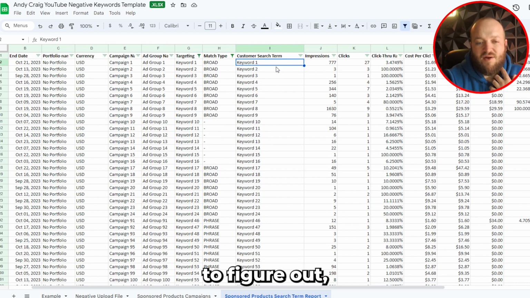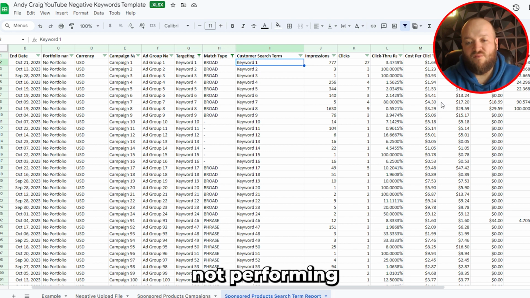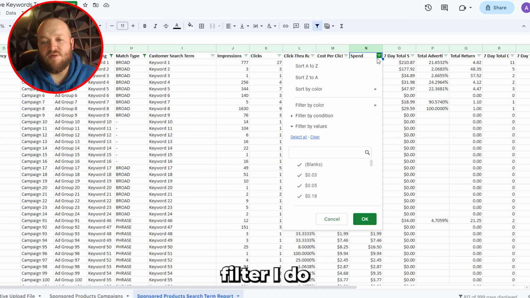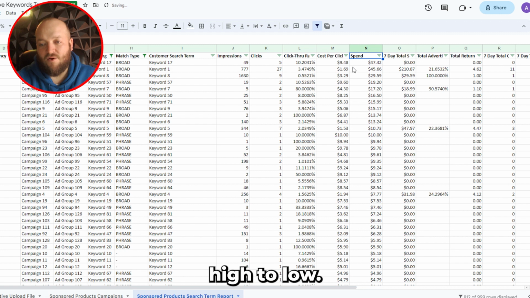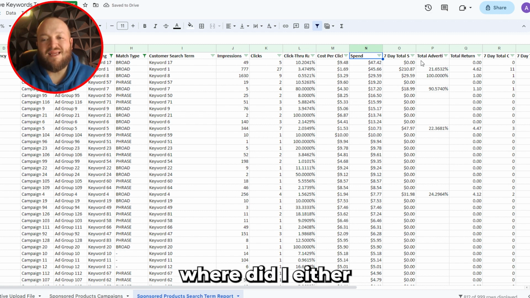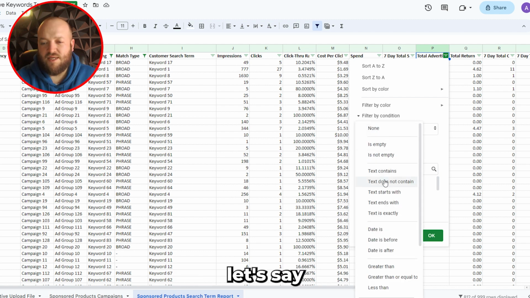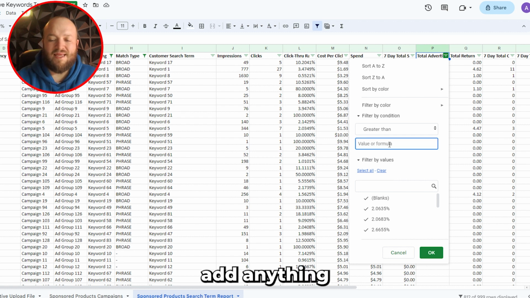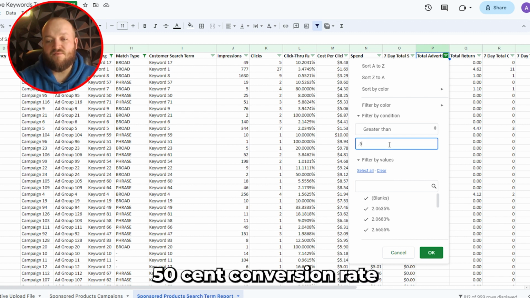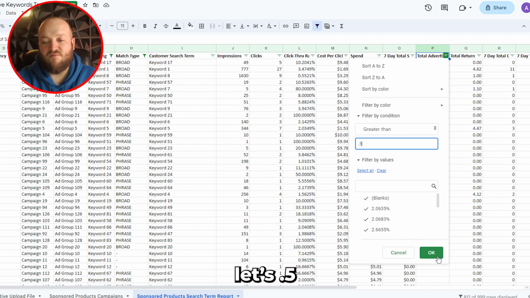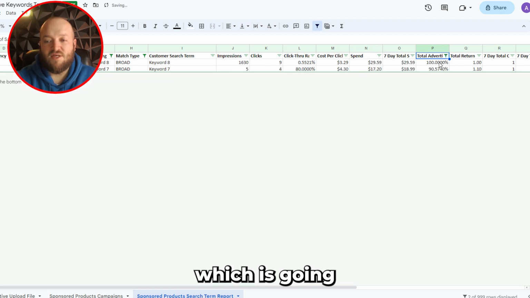So what we want to start to figure out is whether there is a certain customer search term that we're not performing well on. The first filter I do is ad spend, high to low. I'm figuring out where I spent a ton of money, but I also want to figure out where I either had a high ACoS or didn't make any sales. So you could run a filter in here and say, blanks, or let's say greater than. Maybe I want to add as a negative anything that had over a 50% ACoS, so I'll say 0.5. So anything above 0.5, which is going to be 190% ACoS,